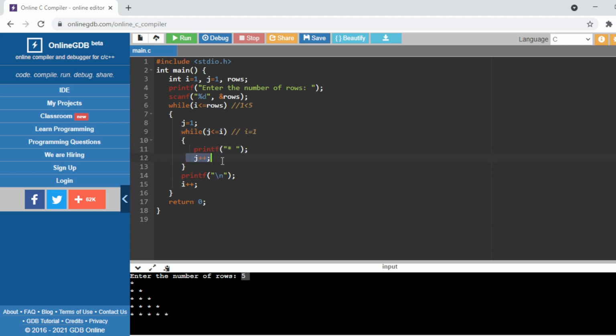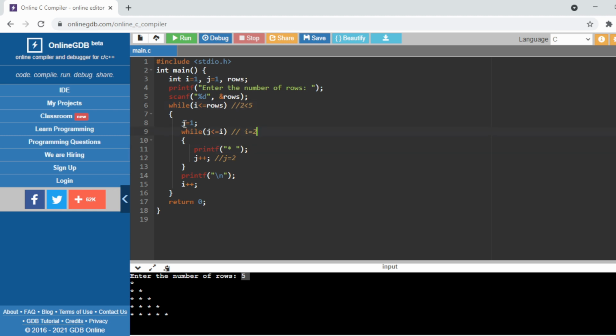After that, j plus plus means in this line the value of j equals 2, but the value of i will remain 1. So 2 less than or equal to 1? Again it will check the same condition, right? 2 less than 1, no. 2 equals 1, no. Your condition is false, so that's why it will go back to the outer loop. Now the new value of i equals 2.